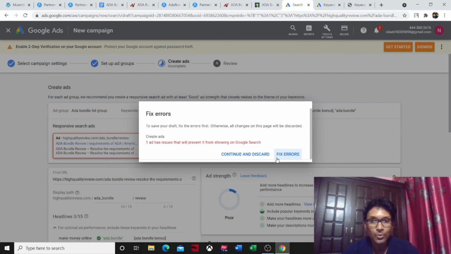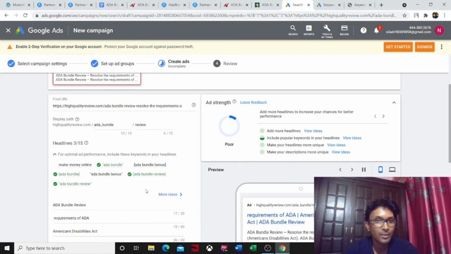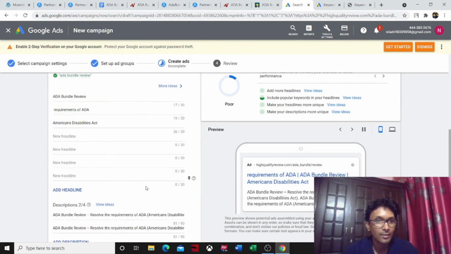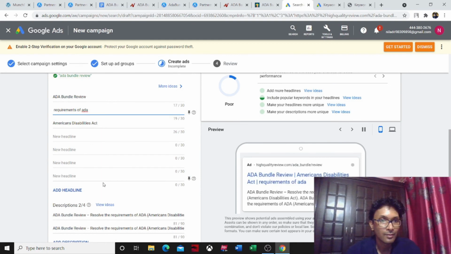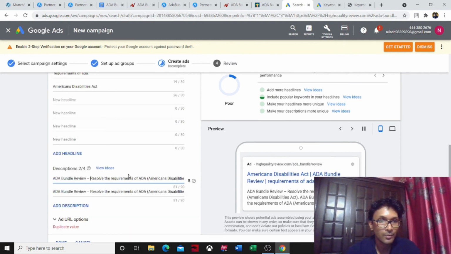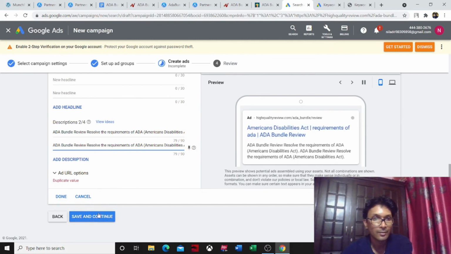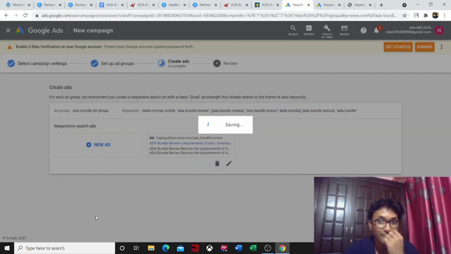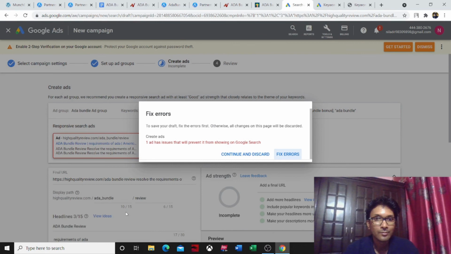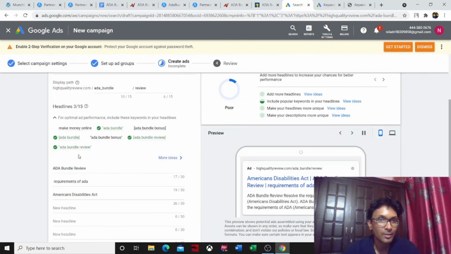Add one issue, fix error, there is something wrong I feel. What is that? No need to put this hyphen here, and again something is wrong.